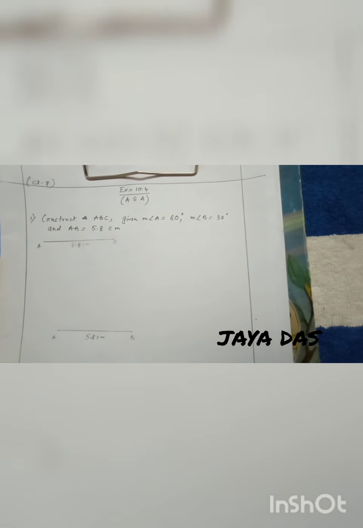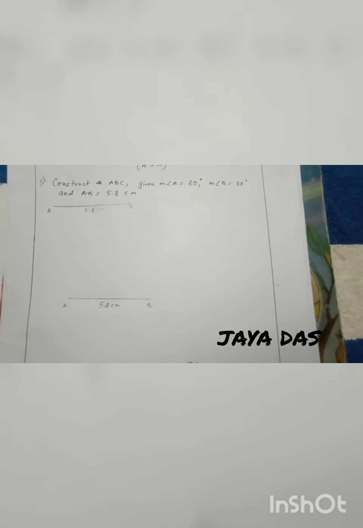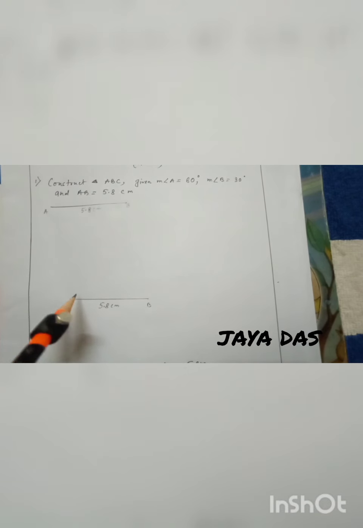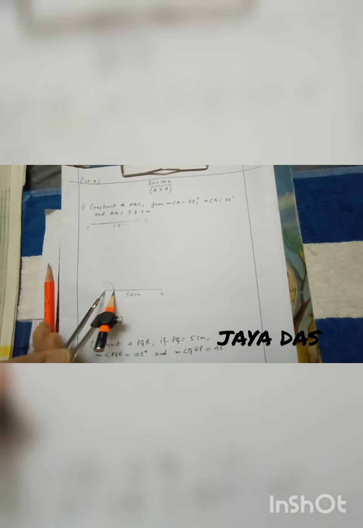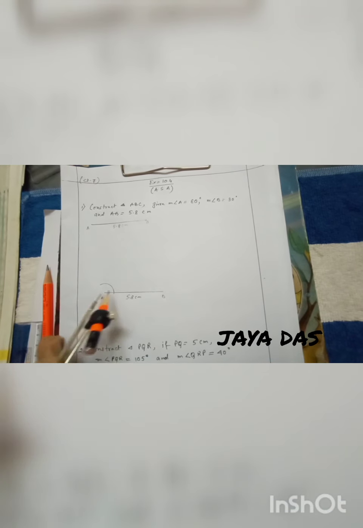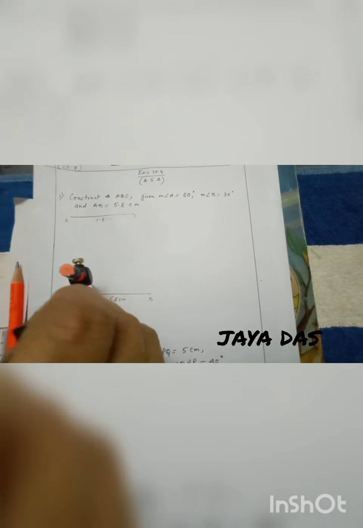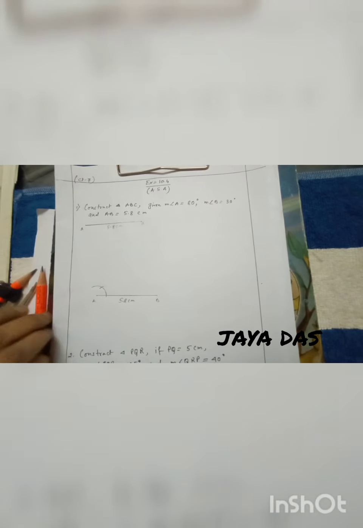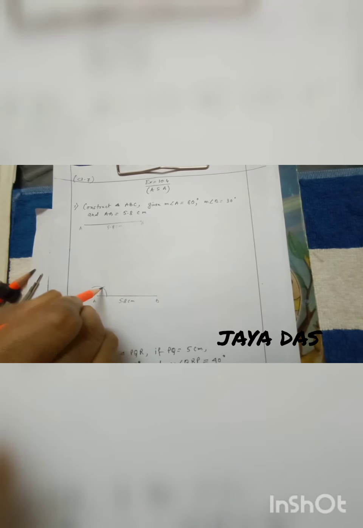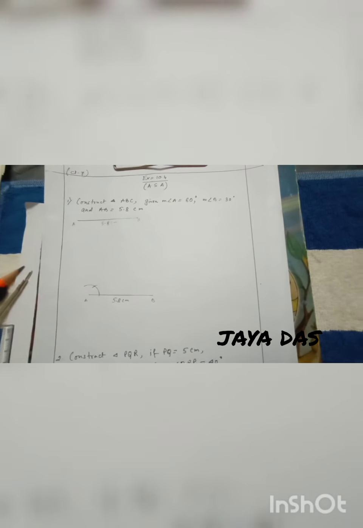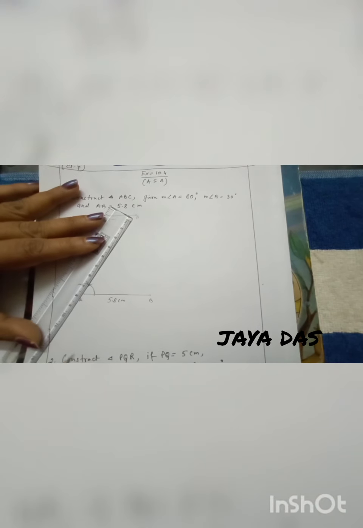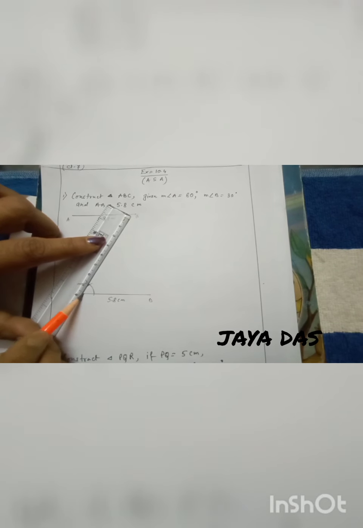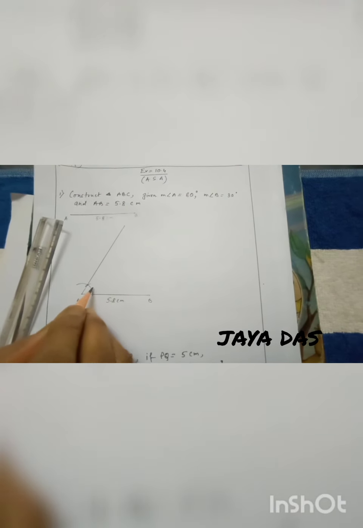Now what you have to do, angle A is equal to 60 degree and you know how to draw 60 degree. Put the pointer over here and draw angle 60 degree. Take any arc and draw angle 60 degree in this way. This is 60 degree angle, you know you have to put a point over here also, and then you join these two points and produce it. This is 60 degree.